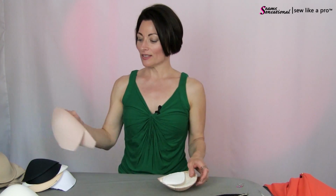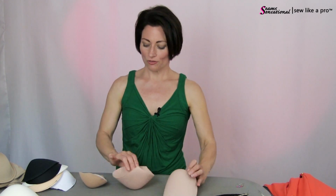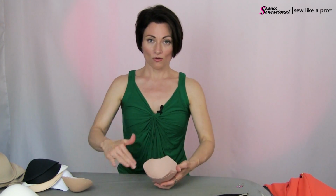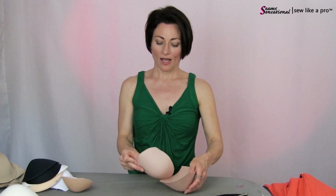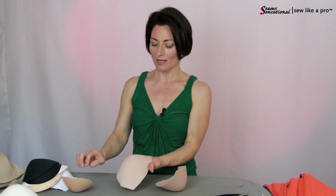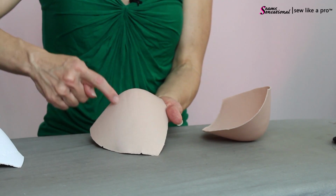The other way is to glue two shells together. Now, of course, this doubles your cost, but it is highly effective. So what I'll do is get out my hot glue gun. I've got my two shells handy. I have them lined up so that I know how they best fit, and then I will take the inside, once I've got the upwards point, and go in with my hot glue gun and do some zigzags,